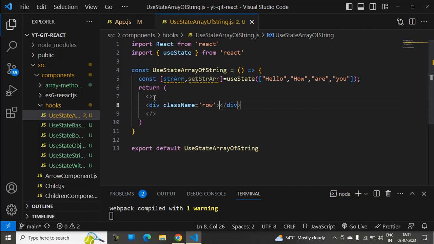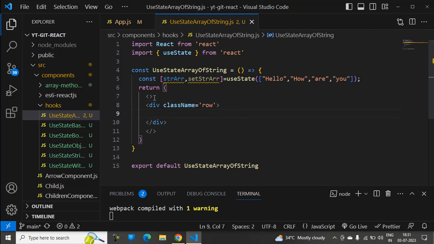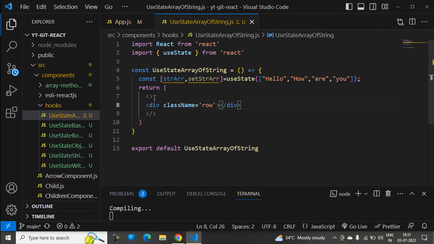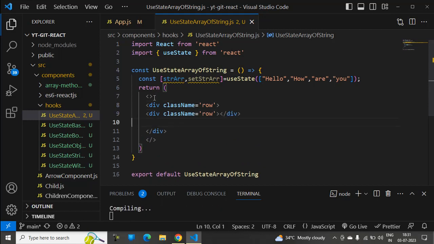Control Z, control C, within this let's add one more div, which is used for columns, col, and within this we'll declare